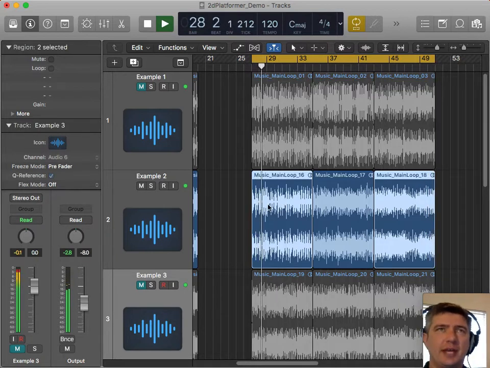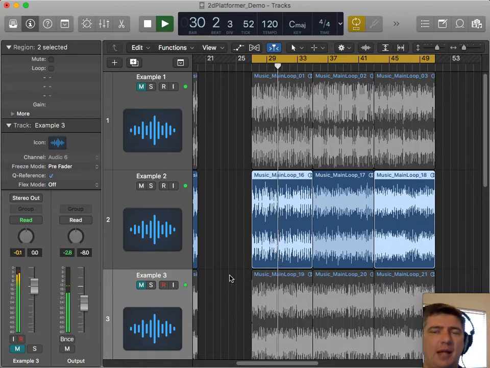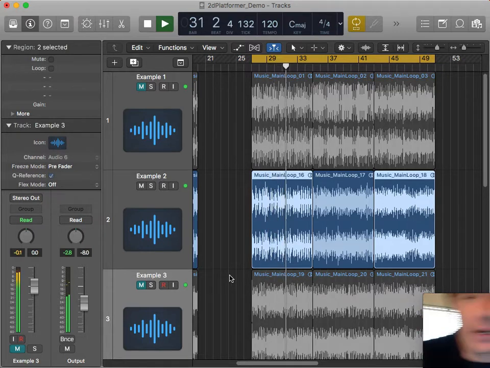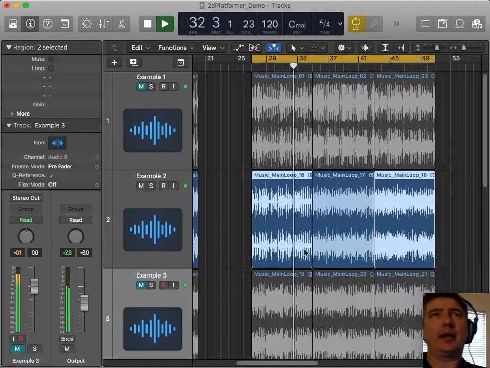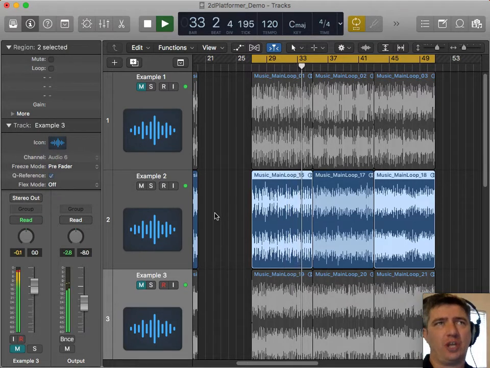So changes again. The instrumentation is consistent all the way through, but changes to the melodic line, the rhythm, the harmony provides most of the change.